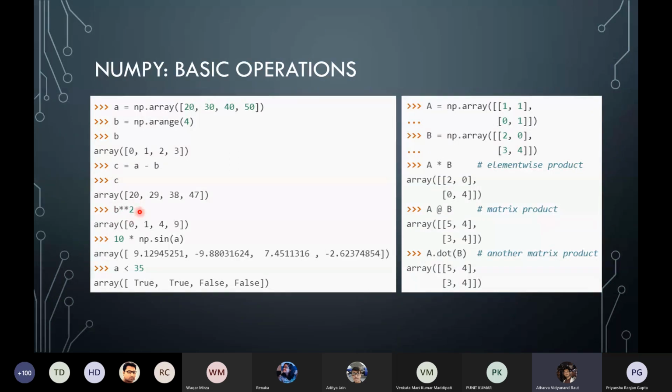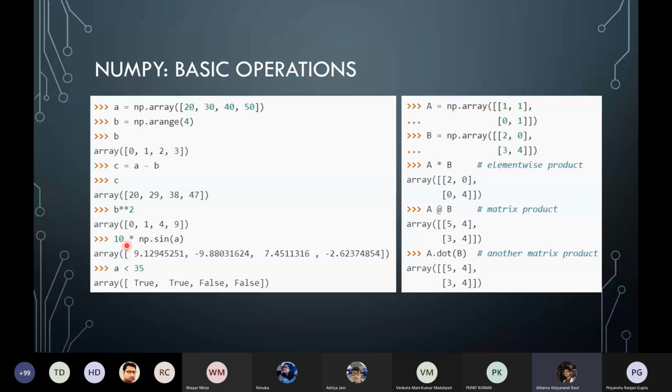Multiplication and exponentiation that are used, they will do an element wise operation. So like b star star 2 is basically b raised to 2. So it will give an array with each element squared. Similarly for scalar multiplication,